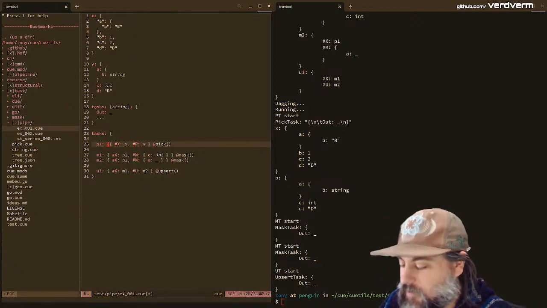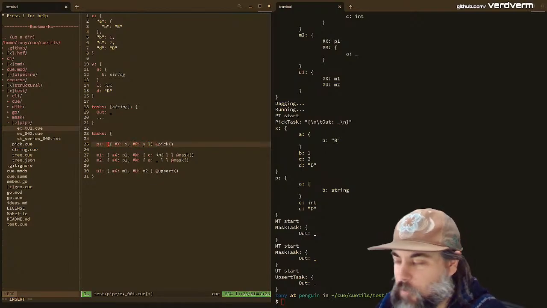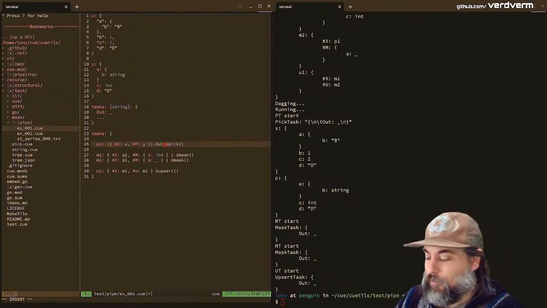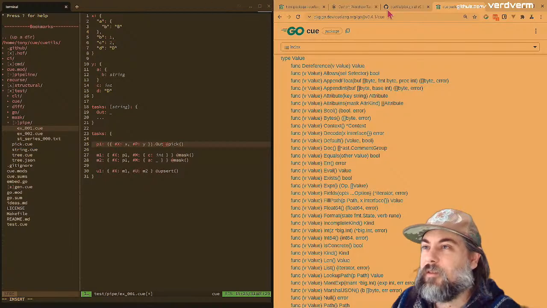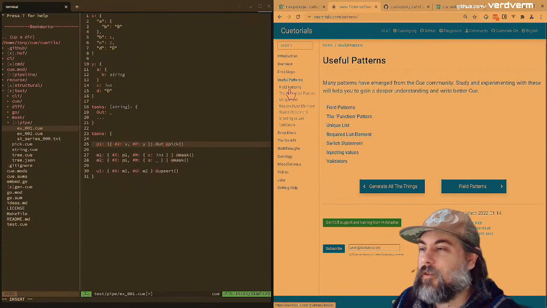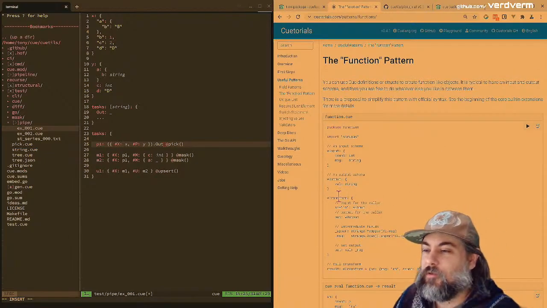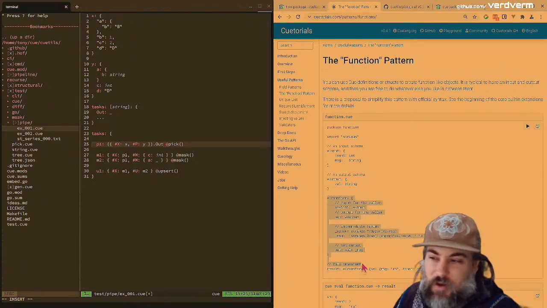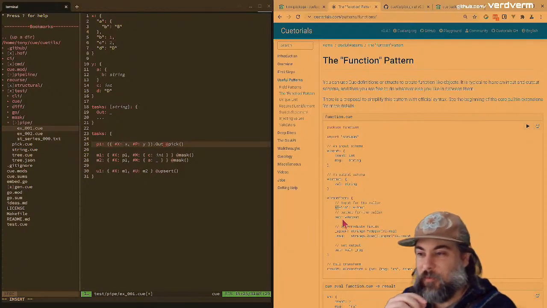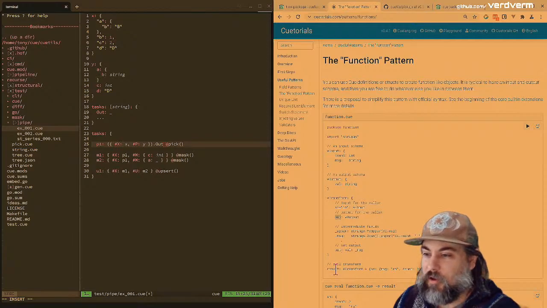This is how we do function-like stuff in Q. I have a page about this under useful patterns. There's this function pattern. We put double quotes around it because really you have some sort of function transform. In this case, we have something called in, and we have something called out, and we can do things to the middle. And then to call it,